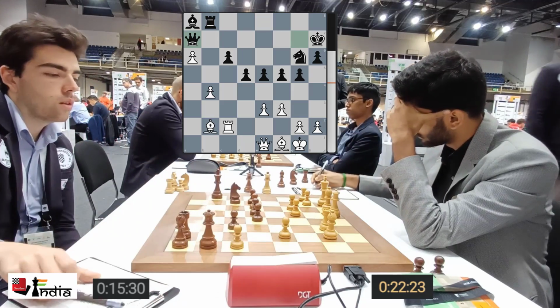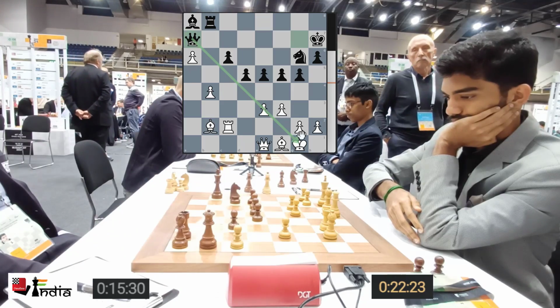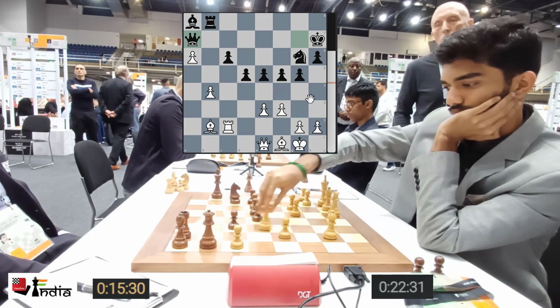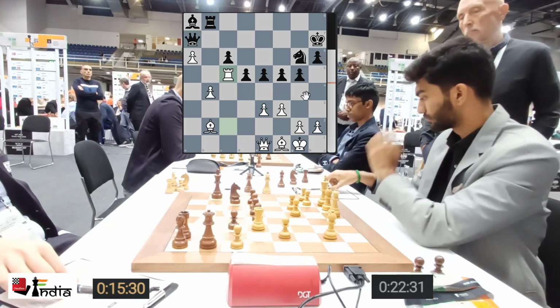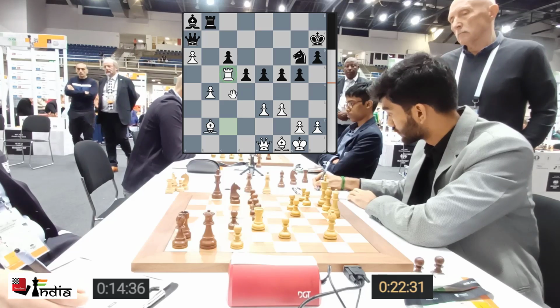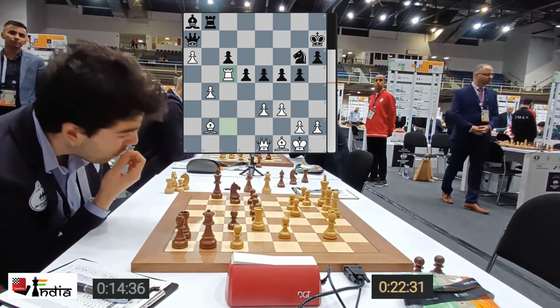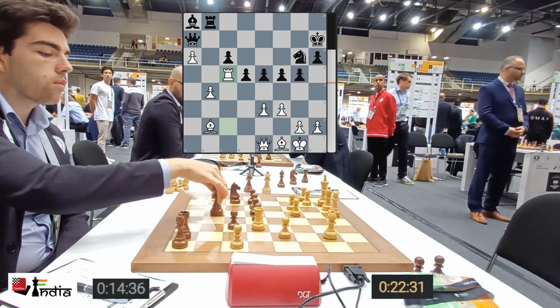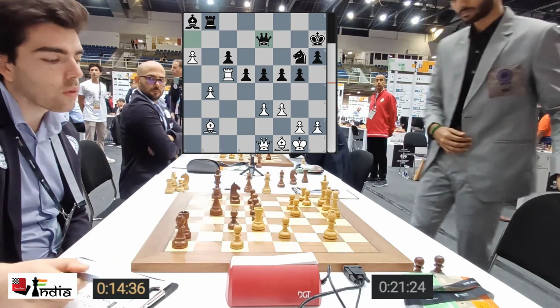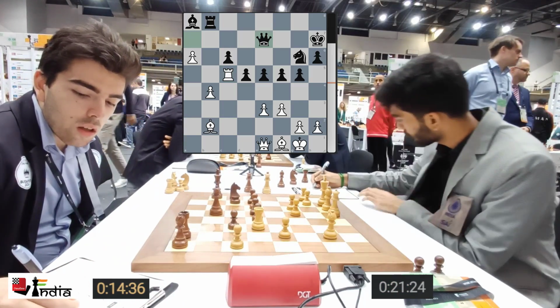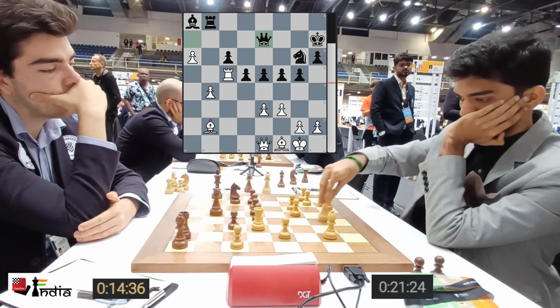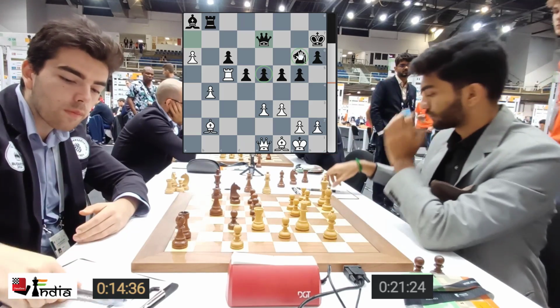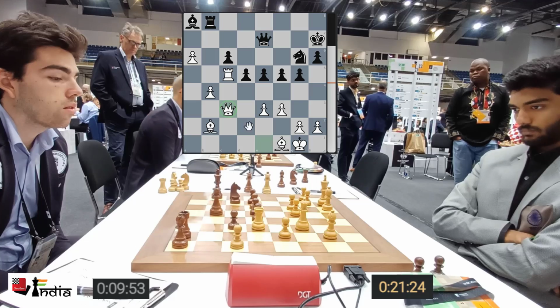The queen comes into a7, trying to attack here, maybe f4 in the air. But Gukesh simply blocks all the hopes with rook c5. The bishop on a8 is also very, very passive here. And black trying to hold on to something, but there's nothing working for him because e5 is weak, the knight is tied up, queen comes in now.